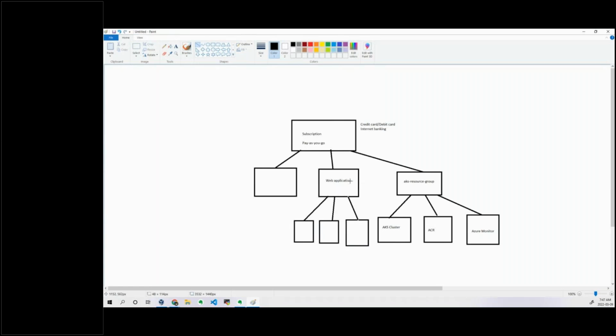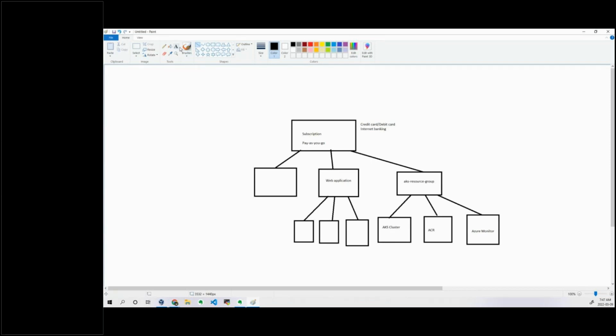I have created a separate resource group so that the permissions which I have managed here should not affect these particular services. If I try to create all these resources under one resource group and apply some permissions, that will get applied to all of them. Some services may not need it, but unnecessarily you are giving the permission, which is not a good thing, right? So that's the reason we have to be careful.